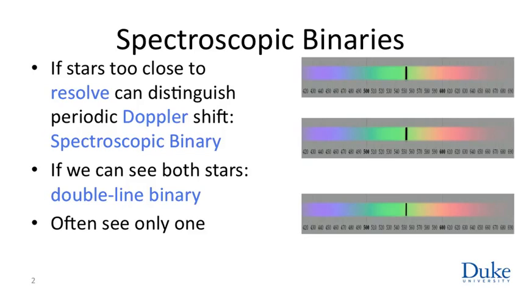What this will give us is a periodic Doppler shift. If you look at the spectrum, there will be some of the lines that will be blue shifted and some others will be red shifted, and then the roles will exchange. So we'll find a periodically shifting Doppler shift. A really caricaturally simple version of this is two stars with one spectral line,